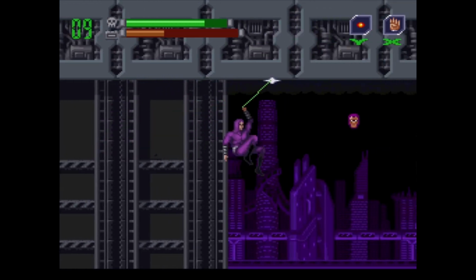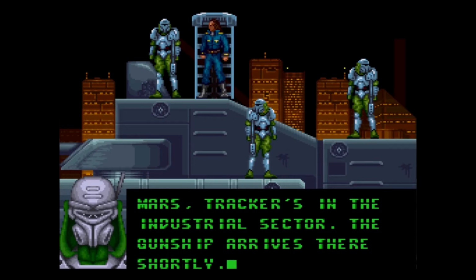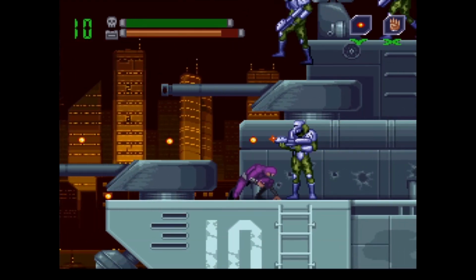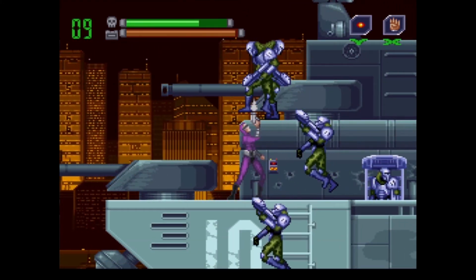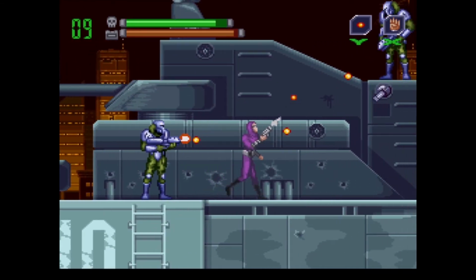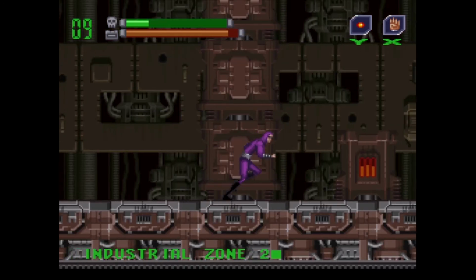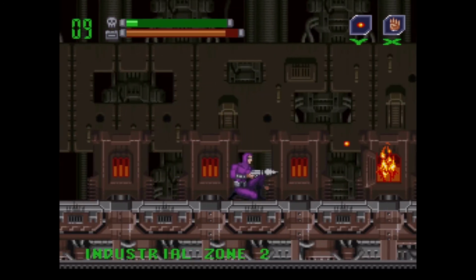Go all the way to the right, you'll get a cutscene, and then you'll be in Mars MacArthur's ship getting bombarded by his troops. You're going to find that this is going to be a persistent theme throughout the game, getting bombarded. After you make it to the end of the level, you end up in the industrial zone, where